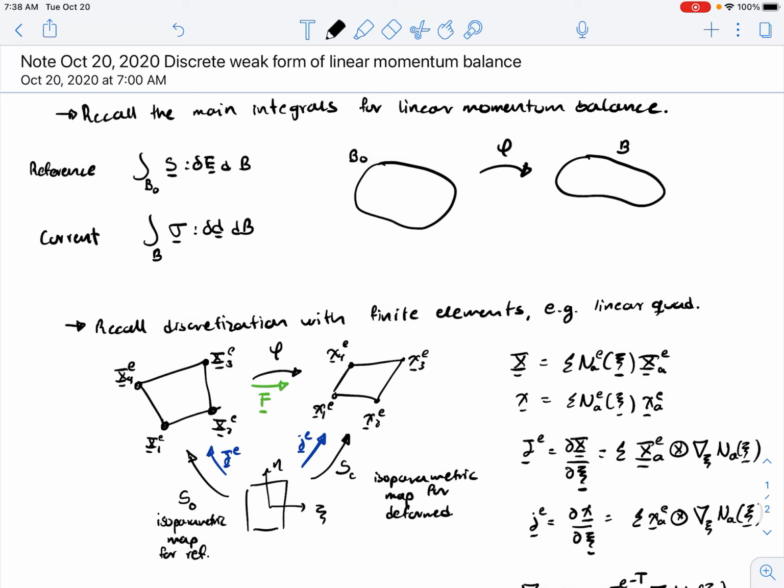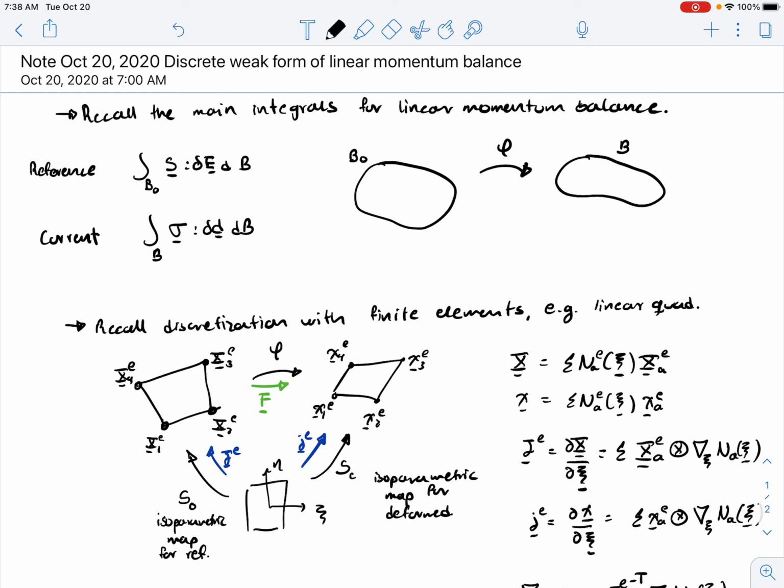All right, so what I want to do today is actually solve homework 4 and derive the residual for the linear momentum balance problem. That's my goal for today, in both the reference and the current configurations. And I will also walk you through the solution of homework 4, which I've already finished, and I'm posting it also